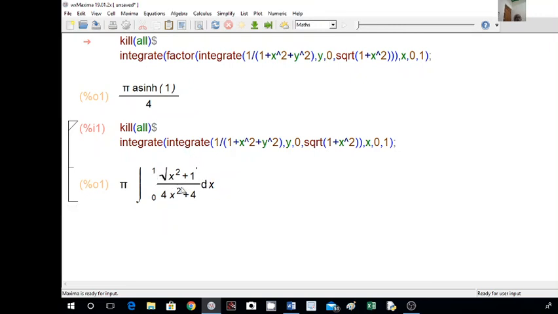Sometimes it is not factorizing. So if you get like this here, then we can use factor. What I am doing here is, this is integrated here. After integrating, the software will get this integration. Then I am giving this command factor, so it is factorizing here. After factoring, it will cancel one root of 1 plus x square; in the denominator, root of 1 plus x square gets cancelled. Then it gives 1 by root of 1 plus x square, and then it is integrating. For that reason I have given this factor.